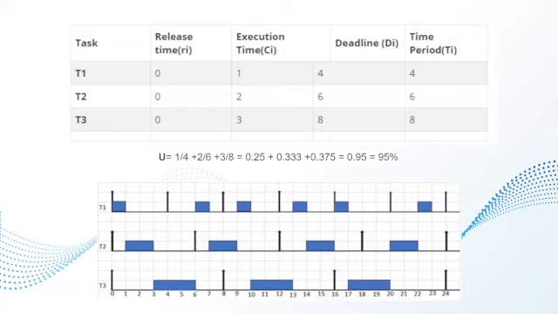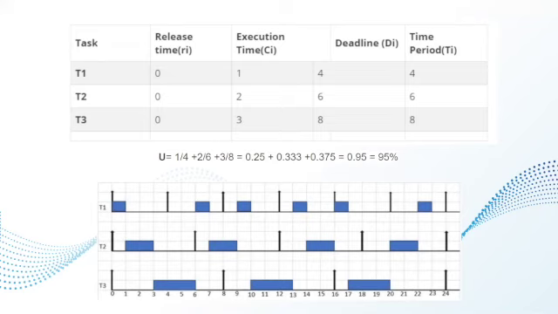At time 4, again, the absolute deadlines are compared, and T1 has the shorter deadline, so it executes, and after that T3 starts its execution. But at time 4, T1 comes in the system and the deadlines are compared, and at this instance both T1 and T3 have the same deadline, so ties are broken randomly, and we'll pick just T3 to execute. At time 6, T2 is released, and now the deadline of T1 is earlier than T2, so T1 is going to start executing after T2 begins to execute.